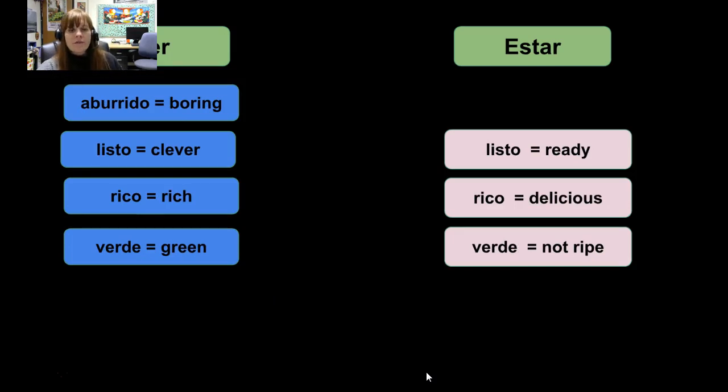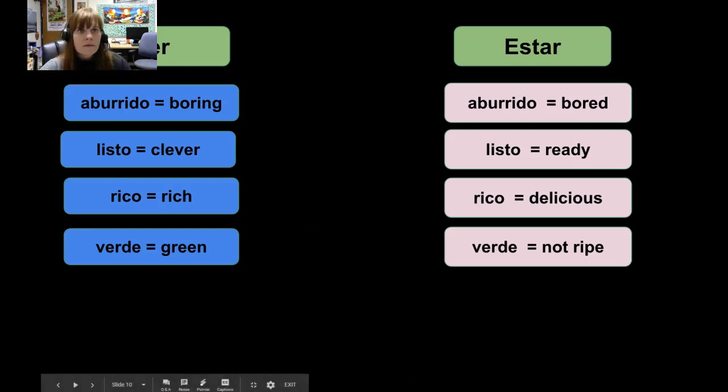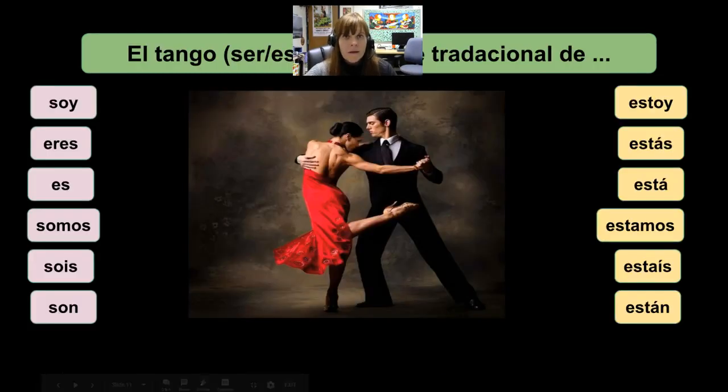So I just broke it down for you a little bit more, but aburrido equals boring with ser. Aburrido equals bored with estar. So you can see it a little bit better in sentences. Okay. So I'm just going to do 4 questions with you, and then we're going to get to the ones